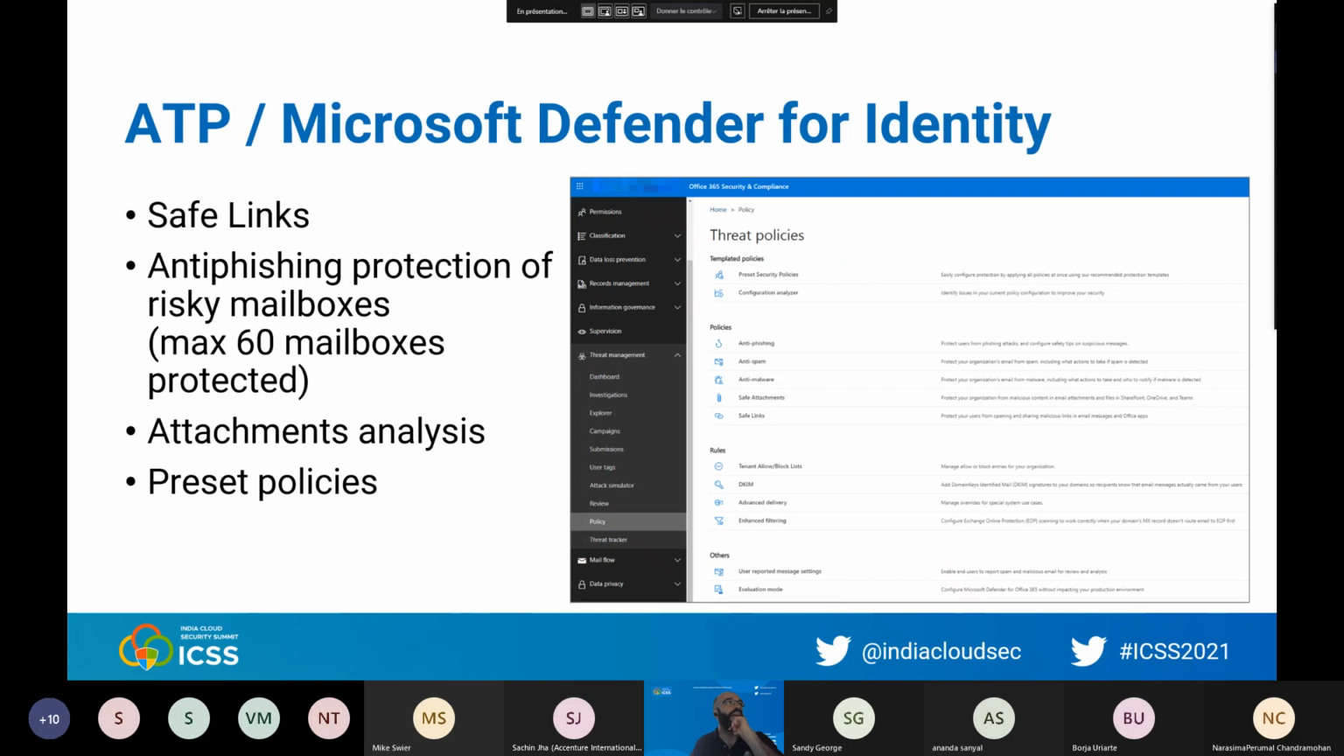Okay. And ATP is no longer recurring, and it's replaced by Microsoft Defender for Identity. What we had before in ATP, and which we have now in Microsoft Defender for Identity, you will have features like SafeLink. SafeLink means that every link you receive in an email is replaced by a safety link. And when you, as an end user, receiving the email, click on the link, you will be redirected to a page which will